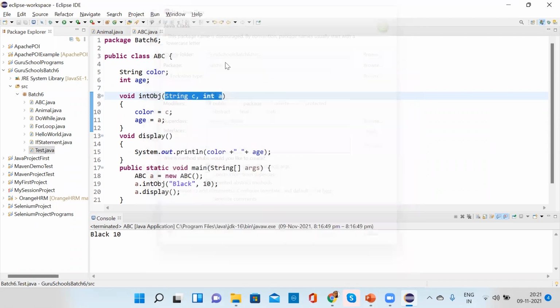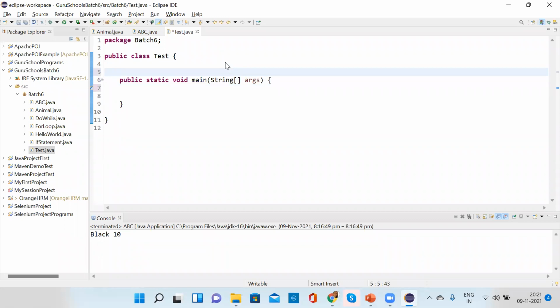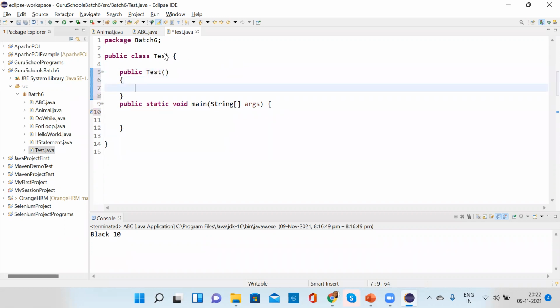Now suppose I'm creating a constructor here: public Test. Okay, this is a constructor. If I write void, it will be a normal method. So we don't need to write void if we want to have a constructor.